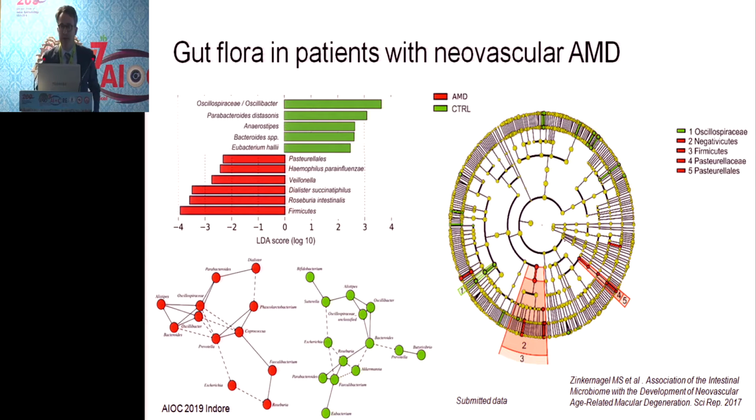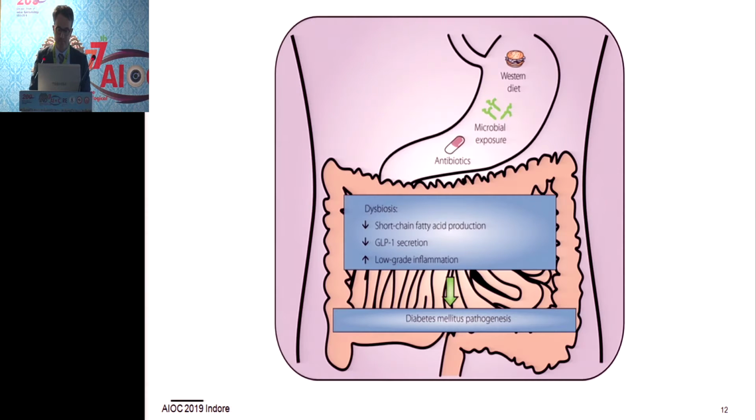We also found that certain bacterial species were upregulated, such as Oscillobacter, and as I mentioned before, Firmicutes were upregulated in patients with neovascular AMD. Now, this is a session about diabetes, and there's also a lot of research going on looking at the gut microbiome in patients with